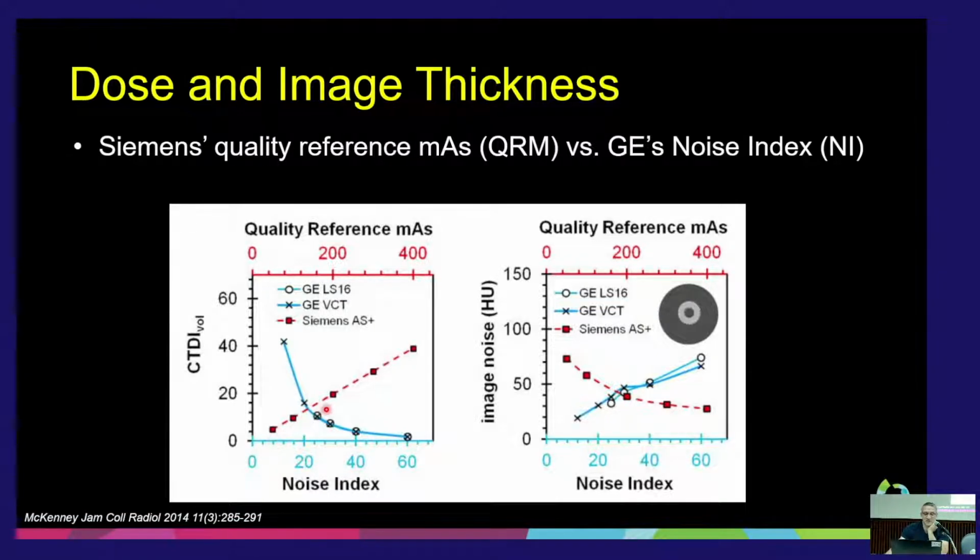the Siemens system will respond linearly across the quality reference mass. So if you set a higher quality reference mass, commensurately CTDI volume is going to go up. Set a lower one, volume is going to go down. Whereas on the GE system, noise index is exponential. So the higher the noise index, the